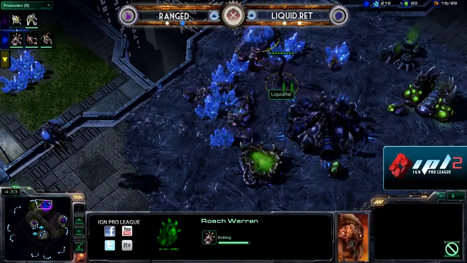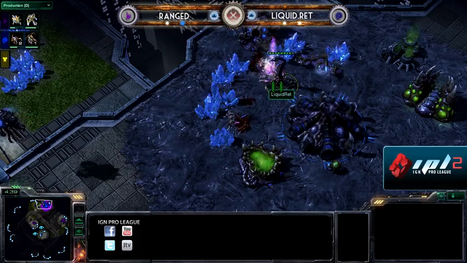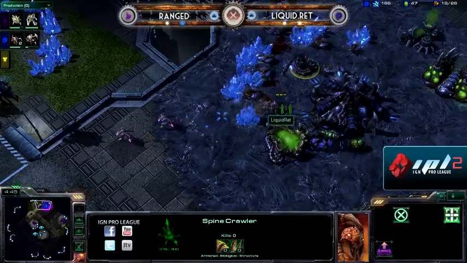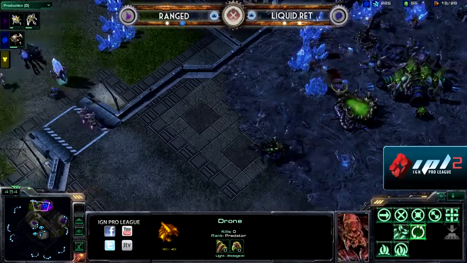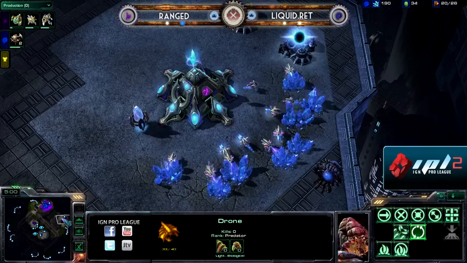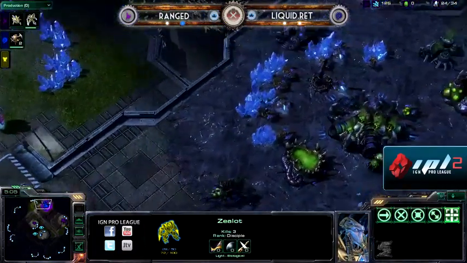He's plugging all the holes in the mineral line, and that spine crawler does get up. Ret is gonna pull his drones off the line, and that spine crawler and those zerglings are able to clean up a few of these zealots here, trapping another zealot in the mineral line, gonna take that out as well. Ret is getting roaches out now, and as soon as these roaches come out, he is gonna be in the clear. Roach is so effective against zealots, especially when on creep, and keep in mind, RaNgeD has not started mining